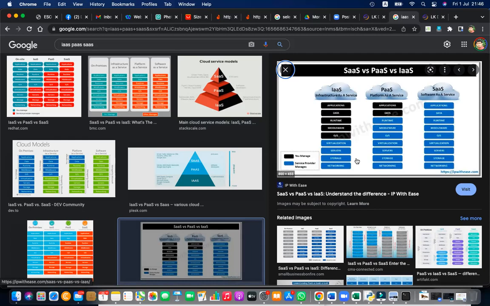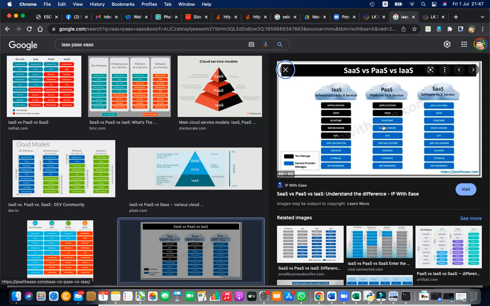Some server is providing space, some server is providing virtualization, which can create virtual processors. Large computers can create multiple computers, like you know how to create a computer inside a computer. I showed that in one practical, that is VirtualBox. Similarly, they will create a virtual box and give it to us. We have to install the operating system there and start using data and software. Everything we need to put, but we get the hardware part. Hardware, that is IaaS.